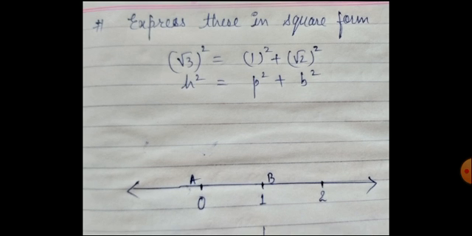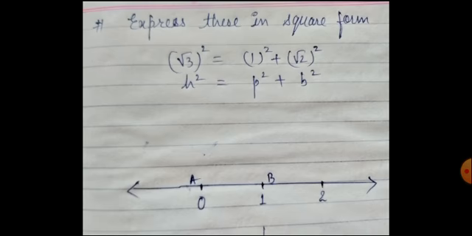Now we have to draw the number line 0, 1, 2. You can take it up to 3 or 4 also. We are not taking negative integers because there is no use of such integers here. 0 is marked as A and 1 is marked as B. I have taken these integers at a distance of 1 inch. So 1 inch is equal to 1 unit here.